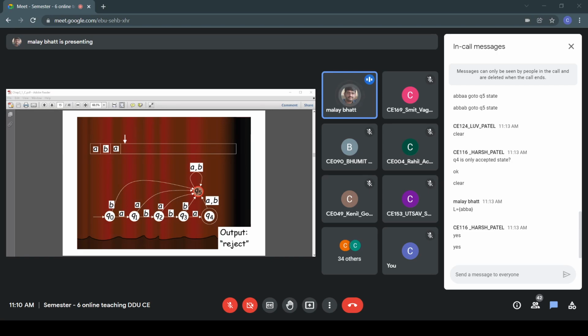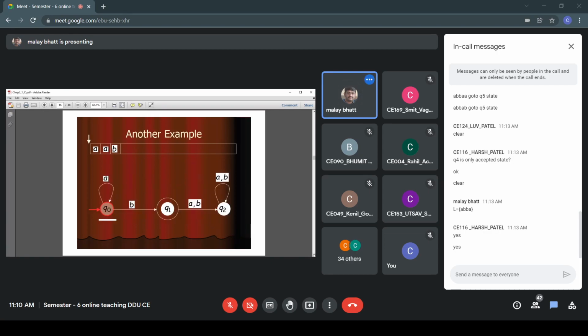Okay, so now let us understand the finite automata parameters with this. We have one more language here and one more diagram. Let us see if we trace this diagram, can we recognize the language which it is accepting? We need to find out the language from the diagram.